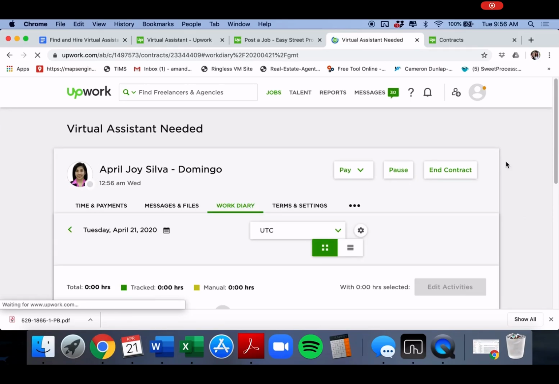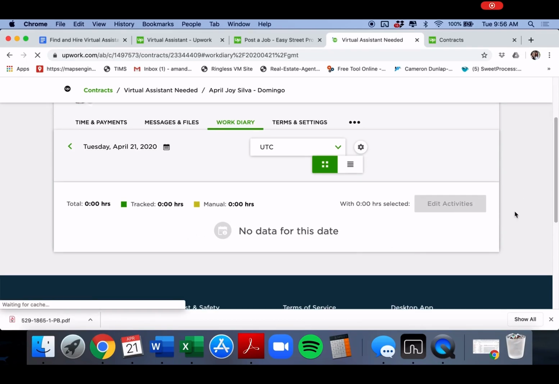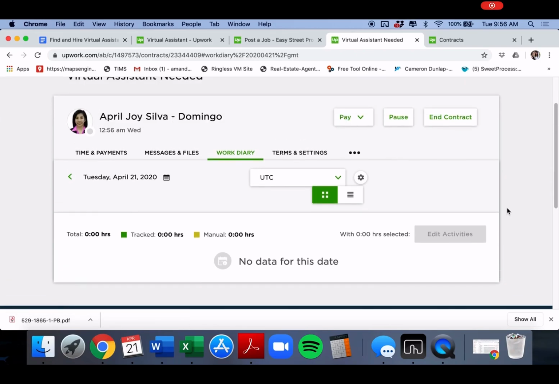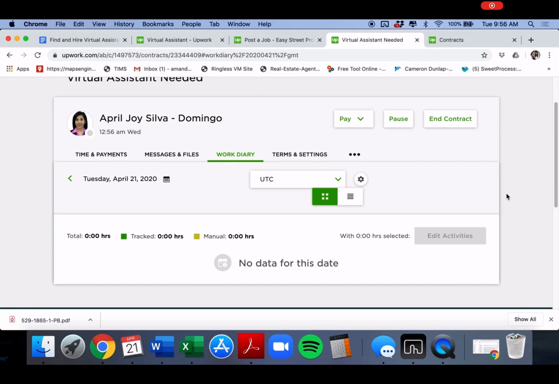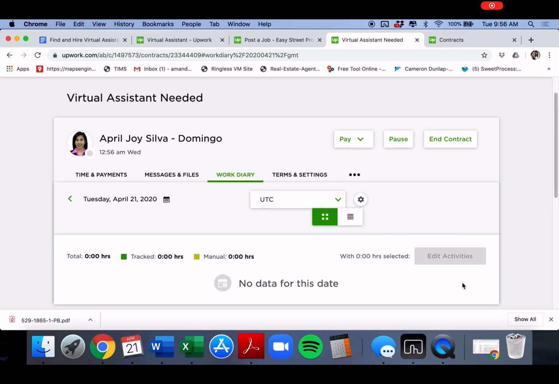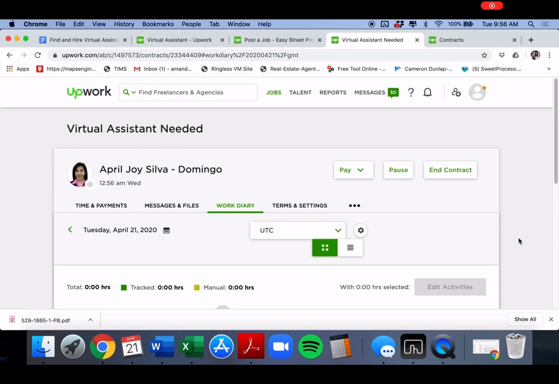So if you're checking this outside of their normal work hours and see she's not on right now, you're not going to see anything. You're only going to see something if they're online and if they're working. If you have any questions and they should be online and they're not online, then you will need to message them and find out what's going on. But you should be able to see here screenshots of the data that they're working on, if they're online and if they're currently working. So that's pretty much it on how